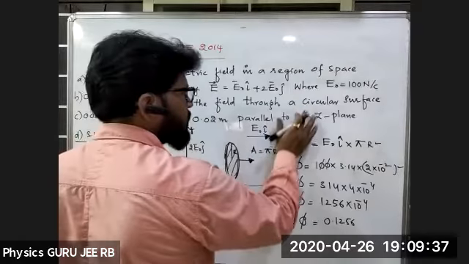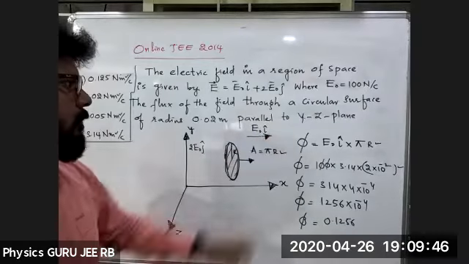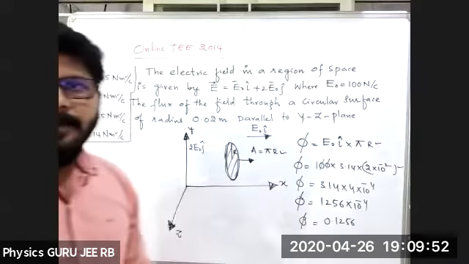It says the circular surface is parallel to the XZ plane. So why is it in the YZ plane? It should be parallel to the XZ plane, right? Pardon? So the circular surface, it's parallel to the XZ plane. Sorry, it is given YZ plane. Okay, YZ plane. So parallel to YZ plane. Sorry, I noted it wrong. Parallel to YZ plane. Is it clear? This is YZ plane, parallel to YZ plane.